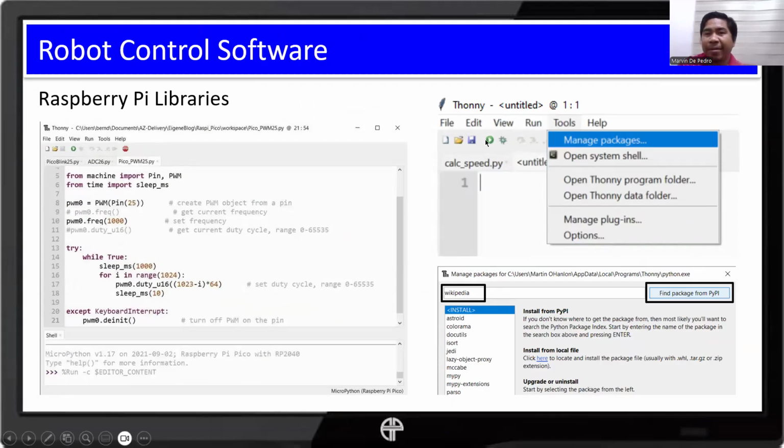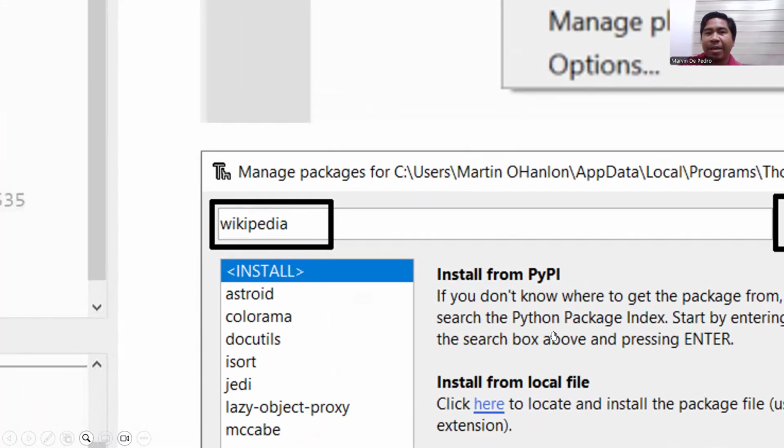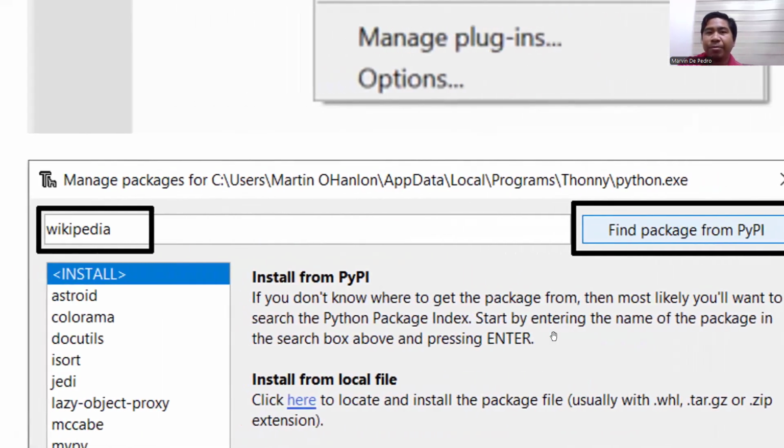If you have to install a new or external library, assuming you are using the Thonny IDE, you just go to Tools and then look for Manage packages. This window will come out wherein you can type what library you want.